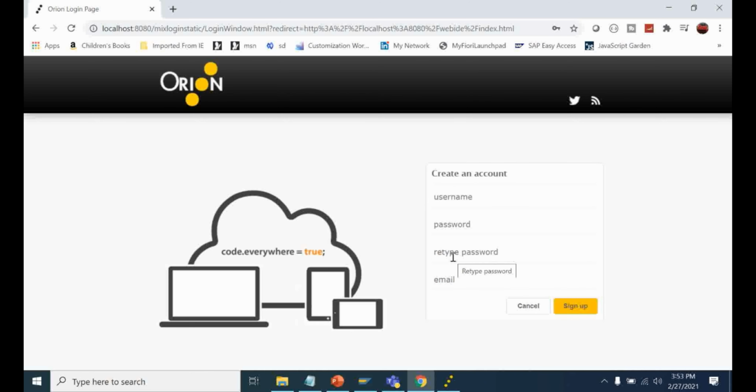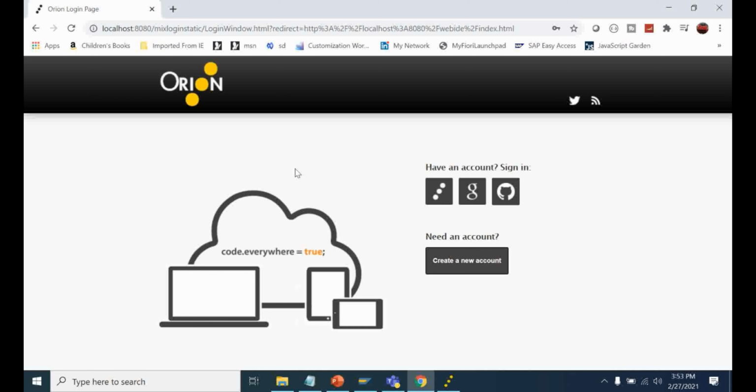Here we just have to provide a username, password and email. It will be created. But one thing we should remember here, don't forget the password. If you forget the password, you can't reset it. You have to create a new account again. I already have an account, that's why I'm directly signing in.